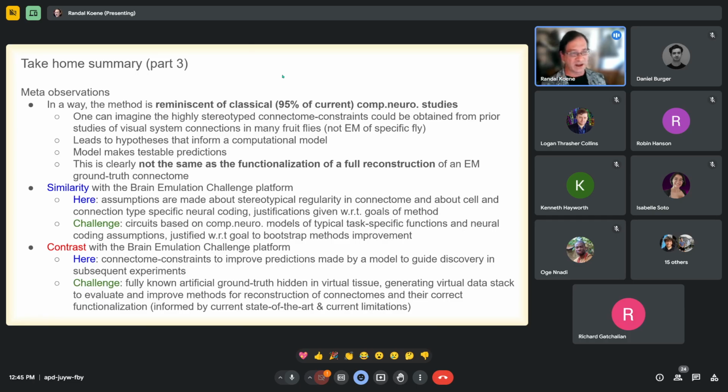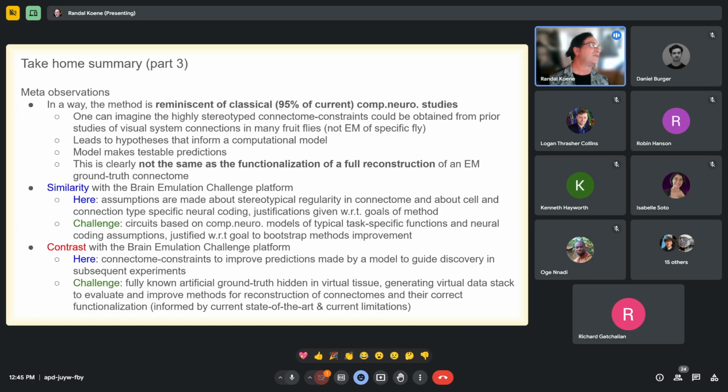And then to close this out, I have a few meta observations. One thing that occurred to me as I was reading through it is how much it reminds me really of the entire process that is typically used in most computational neuroscience studies. The studies where you've seen something that leads you to an idea, a hypothesis about what might be going on in the circuitry, and then you build a model to test that hypothesis, and you compare with some experimental measurements. This is very similar. It's really, how do you use the connectome to make those studies better, easier, broader, something like that.